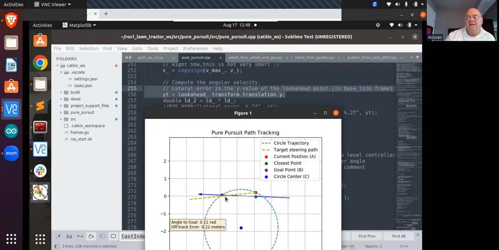So let me test my understanding. I mean, the X value of this look ahead point is, let's just say, 2 meters. Well, it is, because those boxes are in meters. That purple dot is 2 meters in front of that green dot. And we all know that that's going to be close, but not exact to the red dot. And so